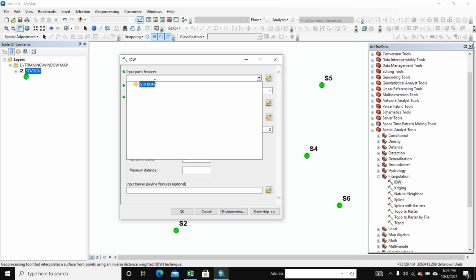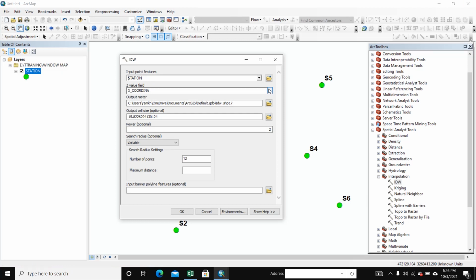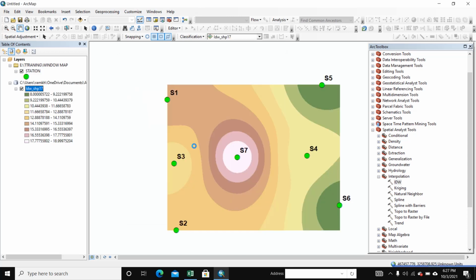and we select here station and we select here speed and OK. We create speed map and we create direction map.